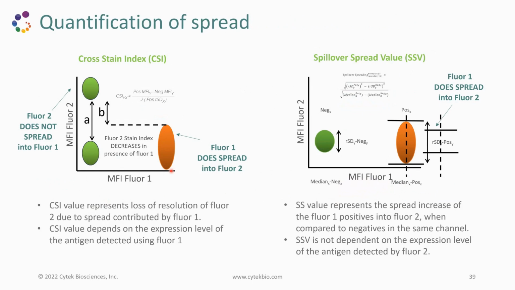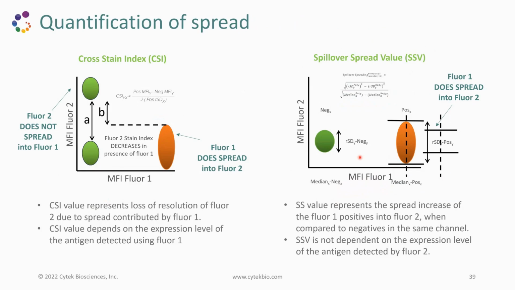Both have information about what happened in the multicolor scenario when you have spread from one dye going to another. I don't have the time to go into the detail of this, but there are two metrics that we use to assess spread across many dyes. When it comes to comparison across instruments, we have seen that the spillover spread matrix is more robust in the sense that it's less affected by changes in the brightness of the particles that we run. So because we're tracking data over time, we tend to favor the spillover spread value over the CSI,